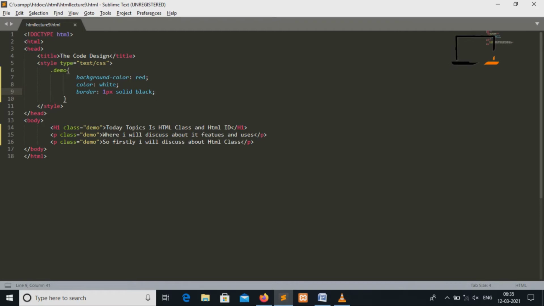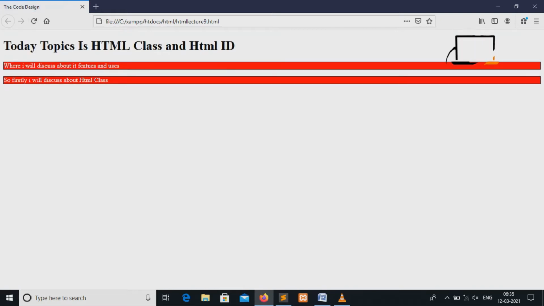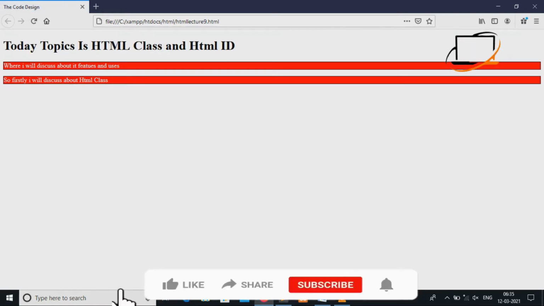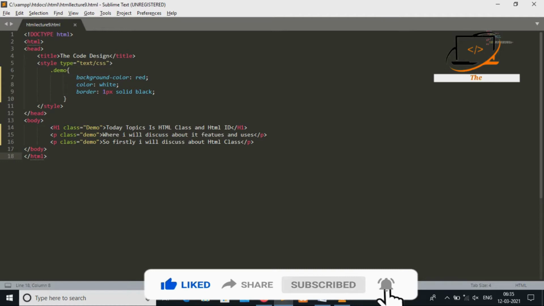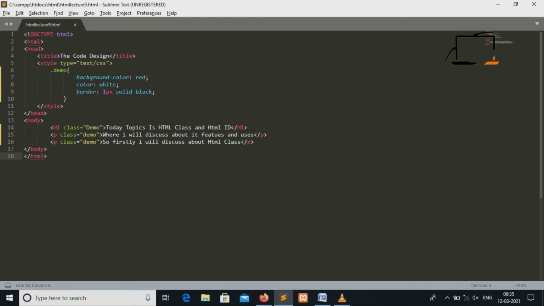Here, if I type demo with a small d, and in the heading tag we use a capital D for demo, now check the output and refresh this page. Here the first part of the topic has lost the styling. Basically class names are case sensitive, so the class name should be clearly called with the same name in the style sheet to apply this block of code of a class to the HTML element.